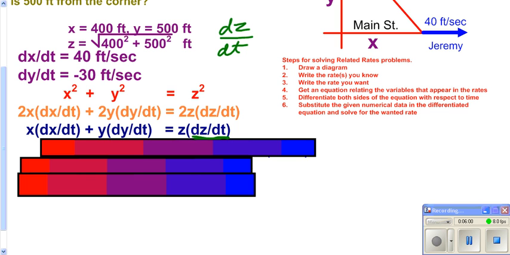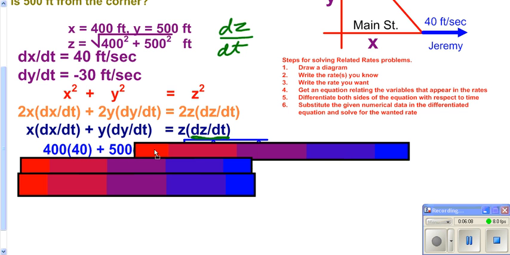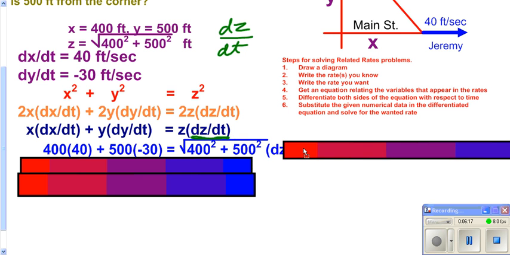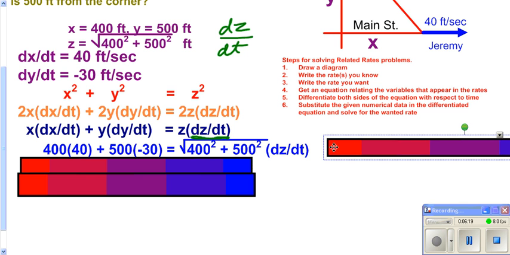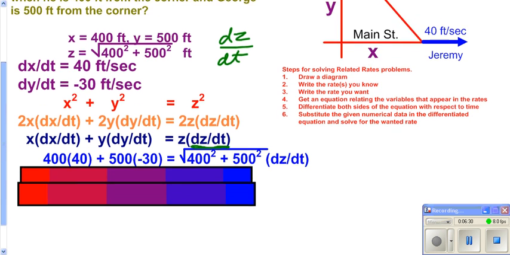Well, at this point, all we really have to do is just plug everything in. Your x is your 400, dx/dt is 40, 500 is your y, dy/dt is negative 30. Your z, we just figured out with that root up there. We don't need to know the actual value. We could just leave it as this. Then you want to just continue to solve that. So you work out the left side,